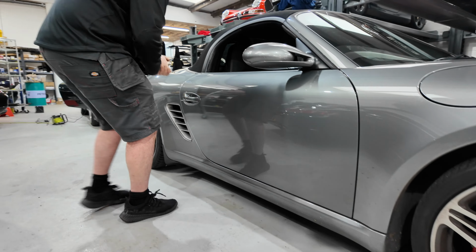This car here is not originally green, it's wrapped to this colour. But this is the car we've just done a full suspension rebuild on, top to bottom. So Bilstein B4 dampers, new springs, all new arms, anti-roll bar links, inner and outer tie rods, a complete suspension overhaul with new discs and pads because one of them was warped. So we've done all that work, and I've just got the charger on there and the PIWIS to code in